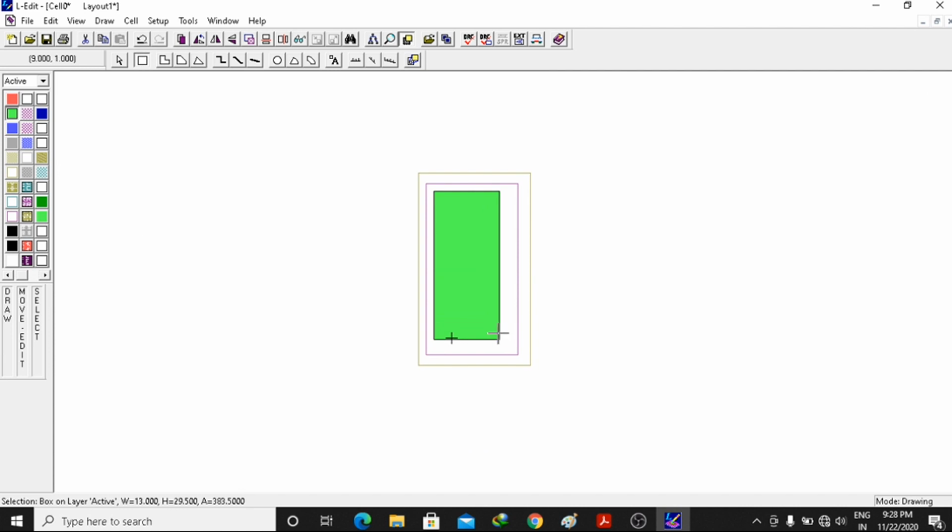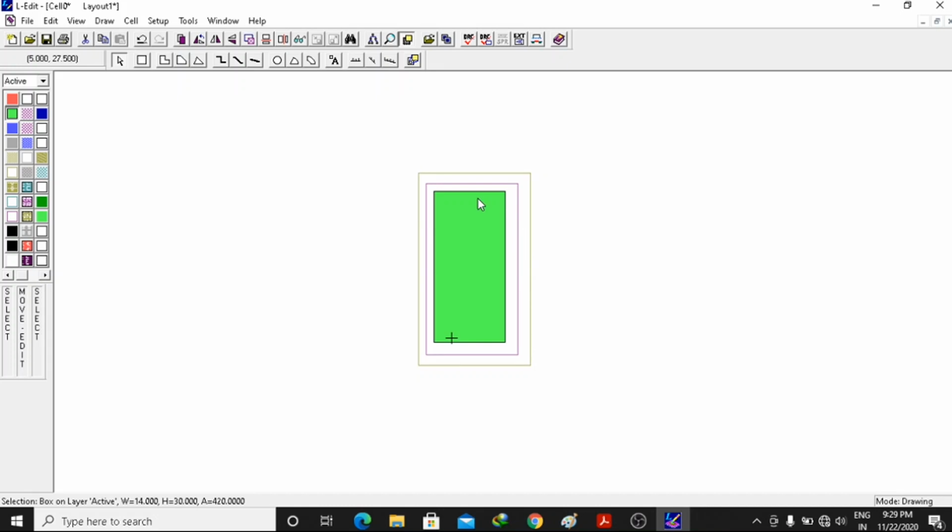Oh my god, I made a mistake. Wait a second. I will select this. Just I will again do the same thing. I will click on the edge, press Alt button, and slowly drag it down. So when I dragged it down, the height came to be 30, but width is 13, right? So I have to increase it. So I will again click on the corner, press Alt, then I will click the mouse button, and slowly I will drag it so it comes to be 14.